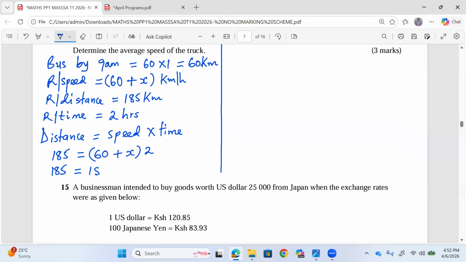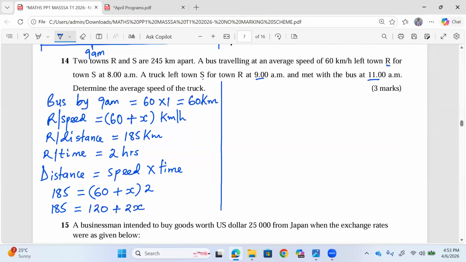185 equals 120 after opening brackets, and 2x. So can we remain with 2x? Yeah. So 185 minus 120, we get 65. What about the value of x? We divide through by 2. We get